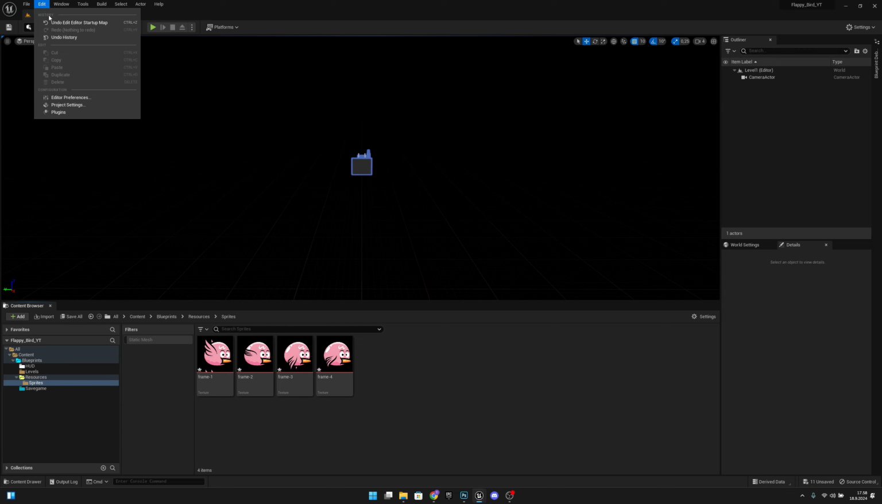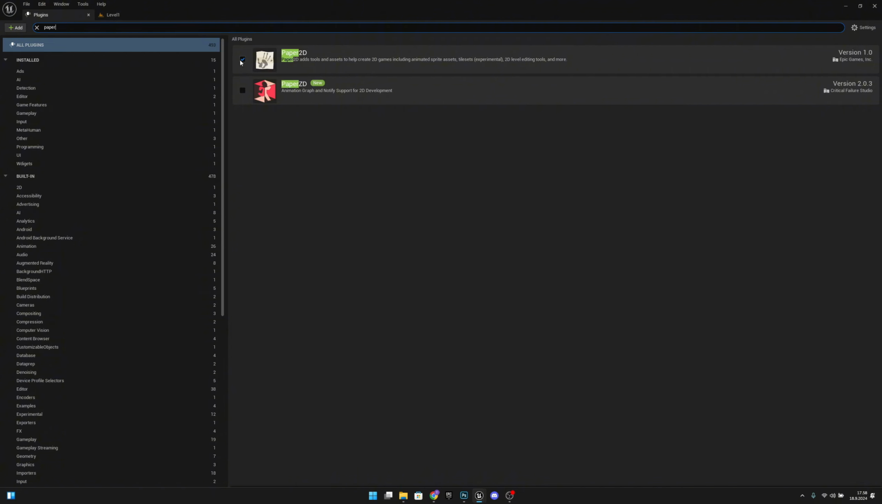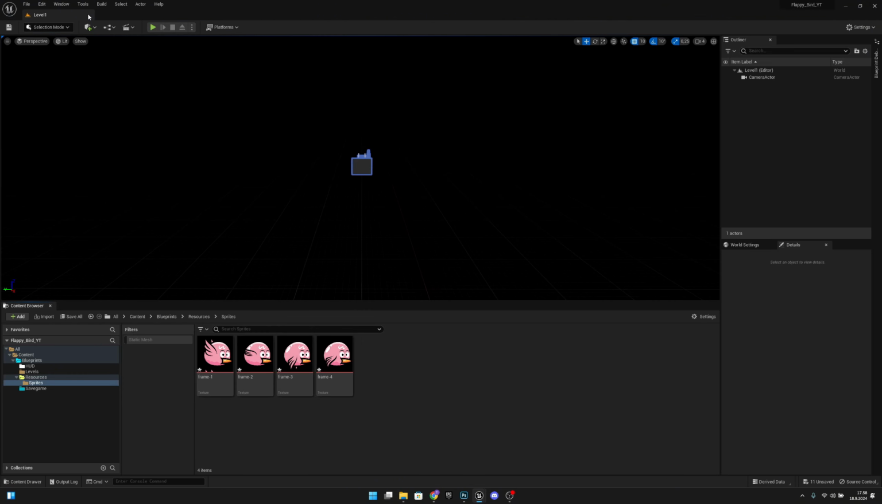Now we have to go to Edit and Plugins. We want to search for Paper 2D. We want to check that it's enabled. If it's not, you want to enable it and you will have a restart button here, so you will have to restart the editor. After that's done, you can close the plugins. Now we want to go to the